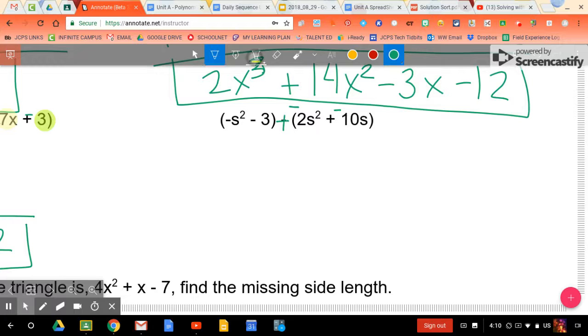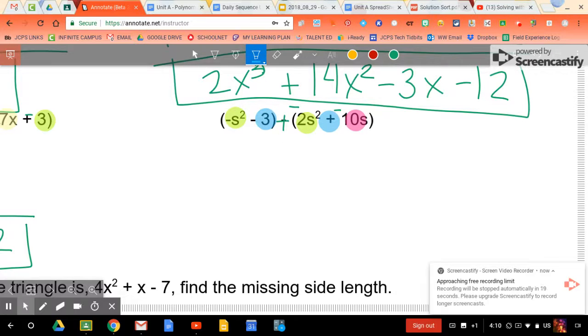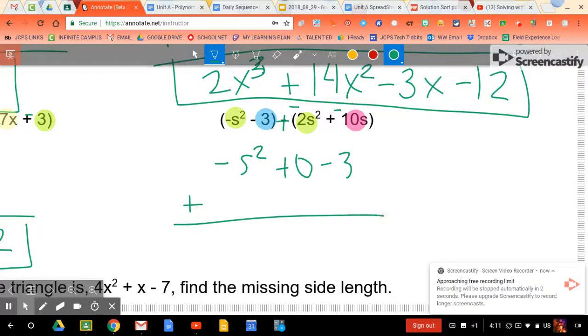So, talking about our like terms, we have s squared and s squared. And then we have just one s. And then we have our constant, negative 3. So we don't have a constant on our second one. So this one's going to be a little bit trickier. So we're going to put negative s squared. Since there's a 10s in the second one, we're going to put plus 0. And then we're going to put our minus 3. And then we're going to add. Since we have 2s